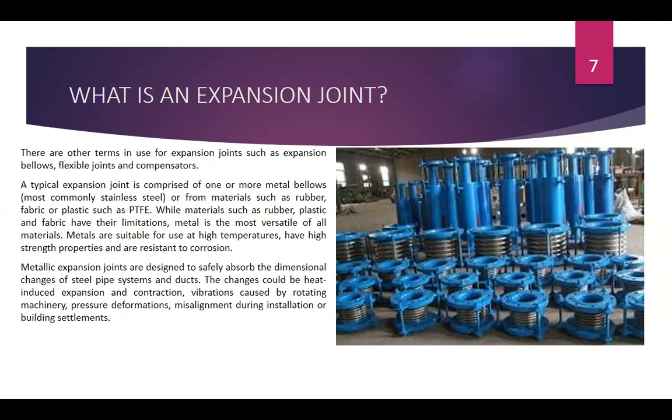There are other terms in use for expansion joints such as expansion bellows. Yan, yung bellows yan. Flexible joints and compensators. So, flexible joints, maraming klase rin yun, di ba? Minsan, mga maliliit, pang maliliit. Pang malaki, expansion bellows. A typical expansion joint is comprised of one or more metal bellows, most commonly stainless steel, or from materials such as rubber, plastic, or PTFE, Teflon. Yan. While materials such as rubber, plastic, and fabric have their limitation, metal is the most versatile of all materials. Kaya tayo mag-concentrate. So metals are suitable for use at high temperature, have high strength properties, and are resistant to